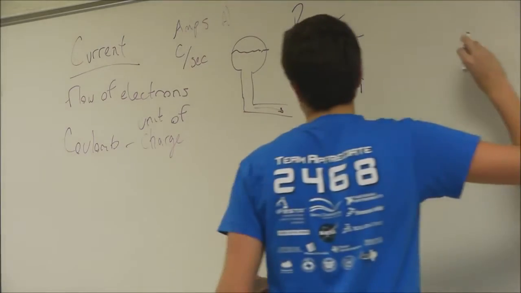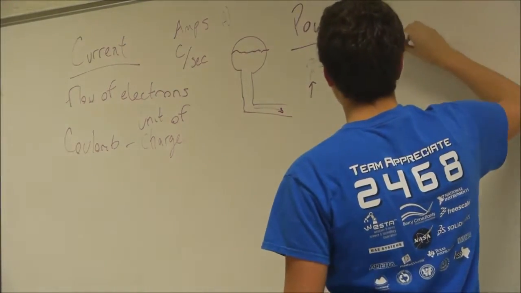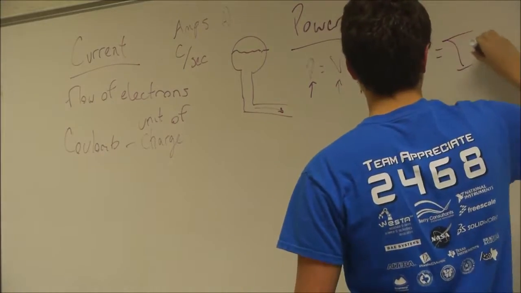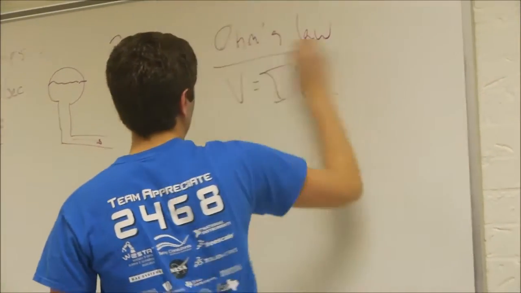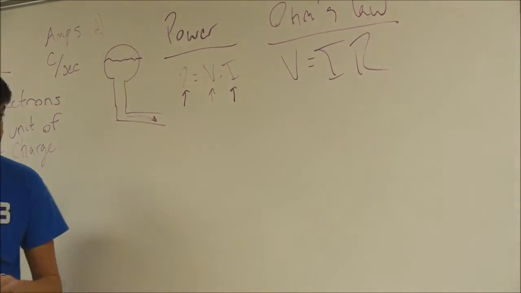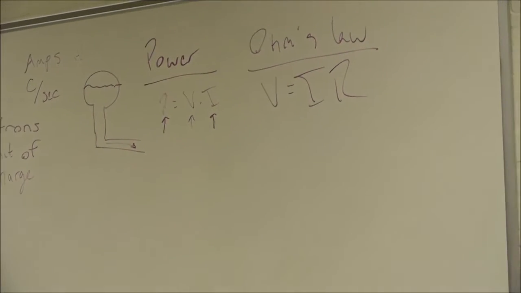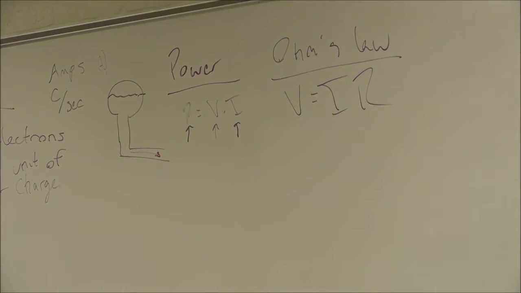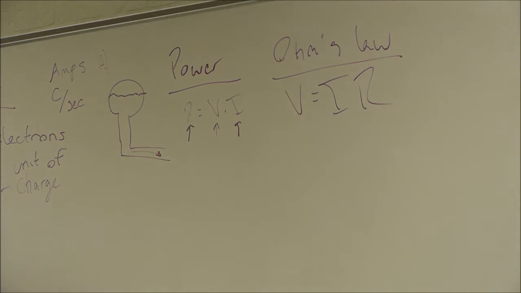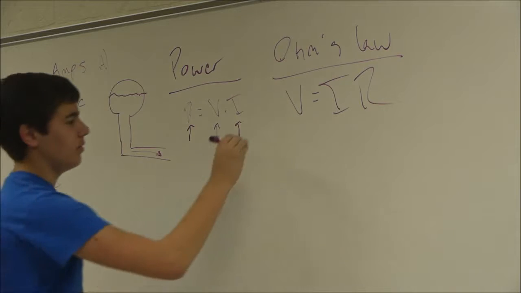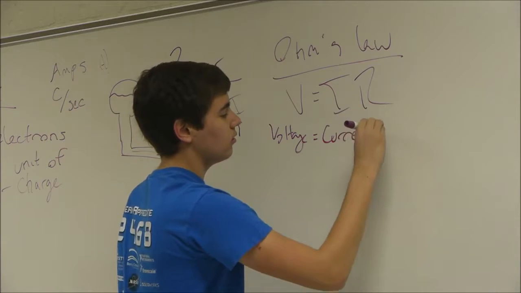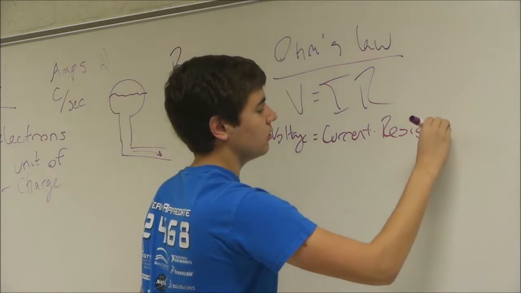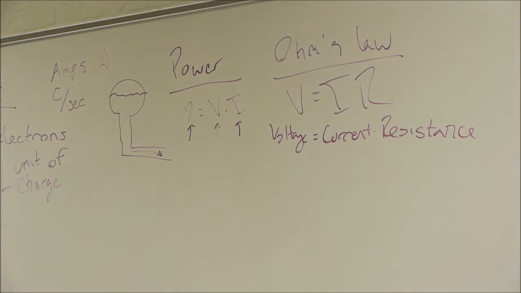Another way that current is related to voltage is this nifty formula, V equals IR. This is Ohm's law. So this is kind of fundamental to understanding pretty much every electronics concept there is out there. So this is voltage equals current times resistance. And so